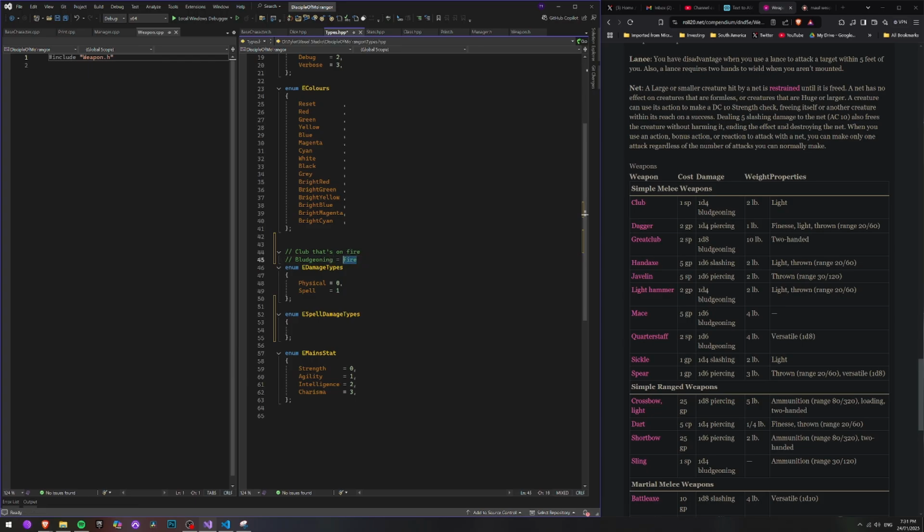What is that fire damage in here? And how do you pass that around? If you fight frozen monsters, like yetis or some shit, they're going to have a weakness to fire. So